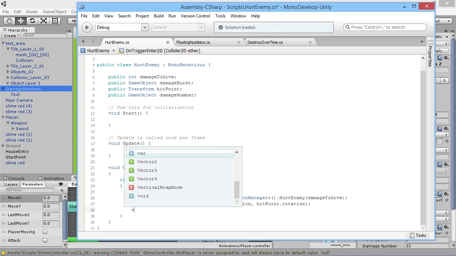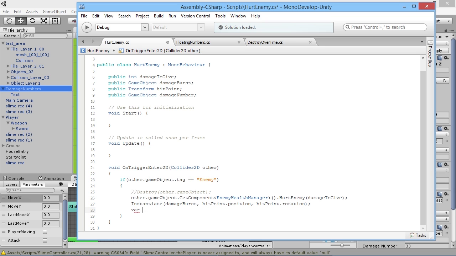So we're going to say here var clone, and the reason we say var clone is just because var is short for variable, and it's like a blank variable that Unity just knows we're going to create something here. We don't know exactly what it is just yet, so we're just saying we're going to create an object called a clone. We're not saying what exact kind of object that is just yet. So here we're just going to say var clone is equal to